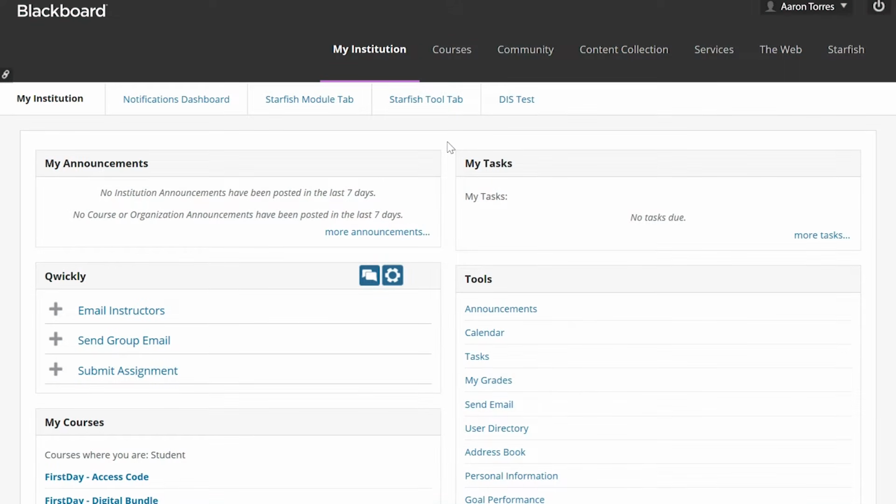First Day is an inclusive access model where the cost of your course materials is included in your course fee or tuition. Your course materials will be available to you directly in Blackboard on or before the first day of class. With the First Day model, you can be sure you're getting access to the correct course materials, all selected by your instructor. Today, we will review the First Day program for your school.